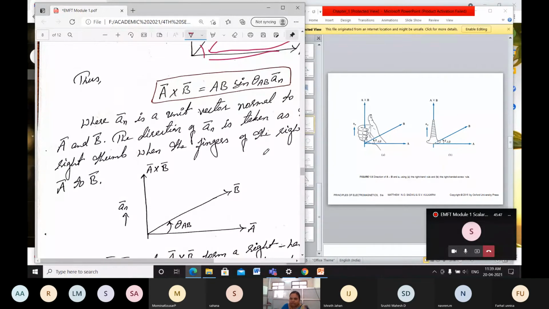In which way the angle is changing, like from A to B, in which direction it's going to be. Observe here, changing in the same way, right? Theta AB, in which direction it's going to be. Based on that, I can tell whether it is a positive value, or else it's going to be in a negative way, in an anti-clockwise direction. Okay, that's what is given here.